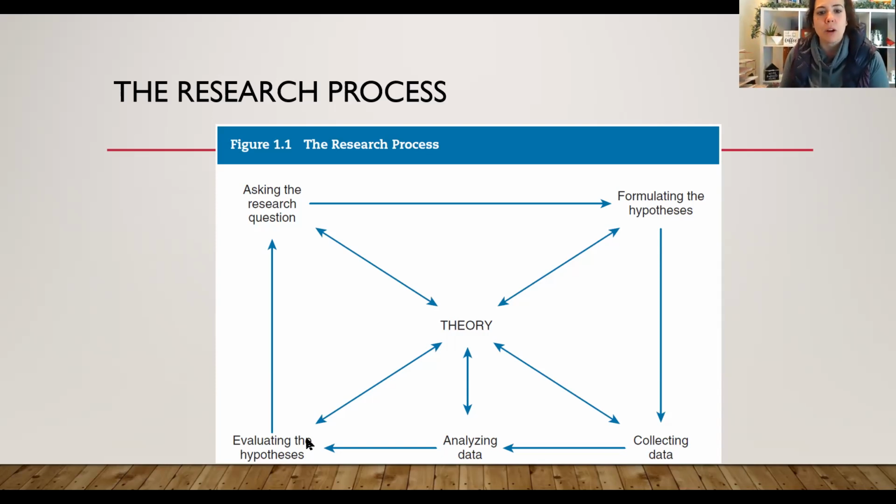So that would be this part right here. And then it goes right back up. So notice it doesn't just end here. It feeds back into new research questions. So perhaps based on my data, I discovered that there was a gender difference, right? Again, making stuff up. Let's say that the higher levels of aggression were found in boys rather than girls, or